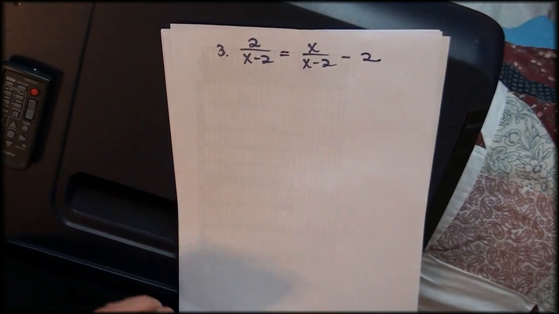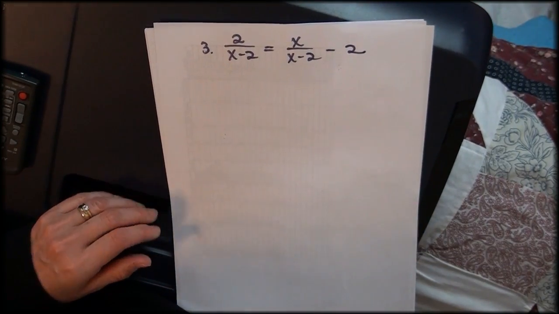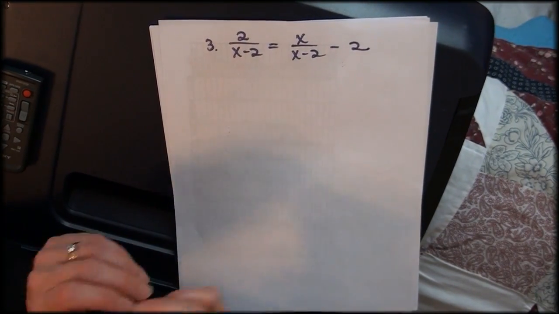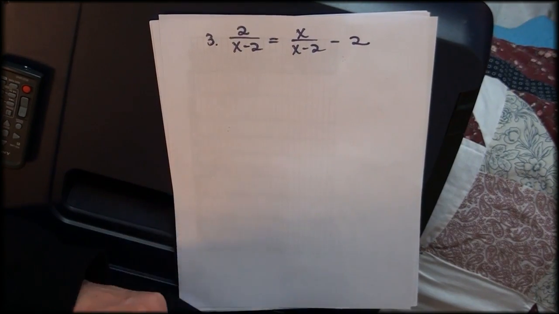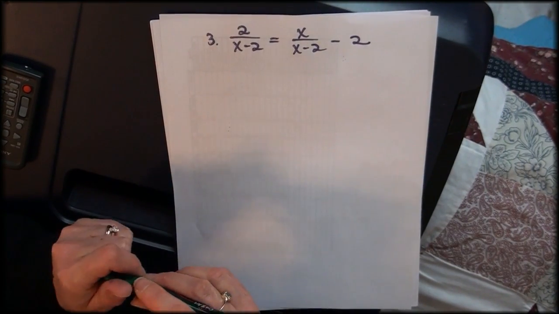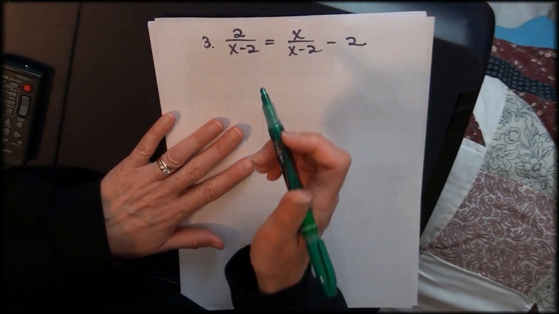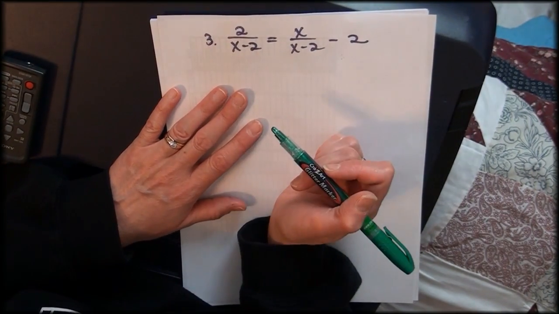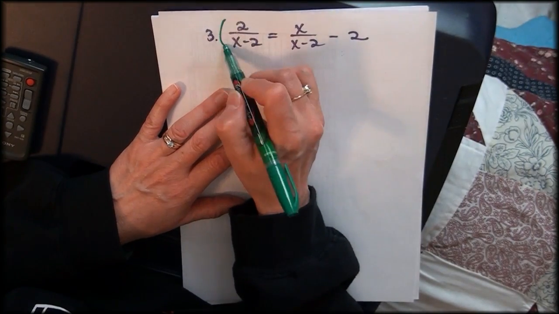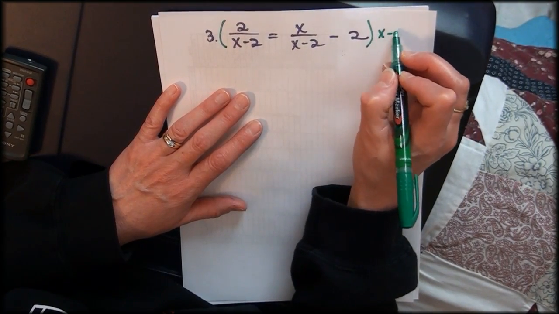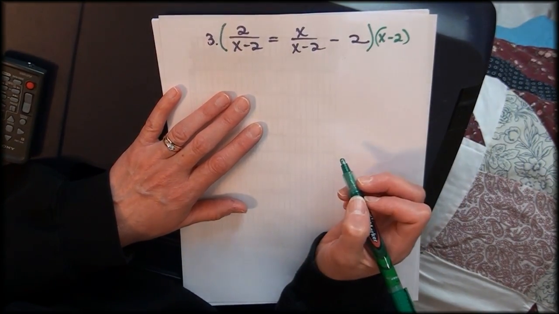All right, now that looks kind of complicated because before we didn't have all these extra operations in these denominators. It was just a simple multiplication. But the idea is still get rid of those denominators. What would you have to multiply to get rid of the denominators? Well, both of them have an x minus 2. So if I took the whole thing and multiplied it by an x minus 2, maybe that would get rid